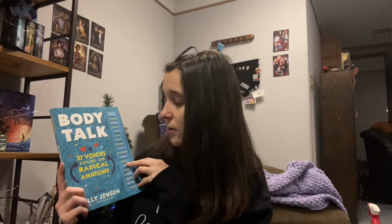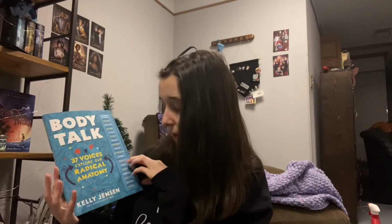The next book, or the last book that I got is Body Talk, which is 37 Voices Explores a Radical Anatomy, edited by Kelly Jensen, which is a little book of essays talking about the body. And it's really interesting. I read it earlier this year as an e-arc from NetGalley, so thank you guys to the publishers and all that. The publisher actually reached out to me about